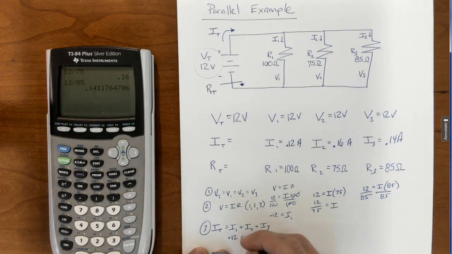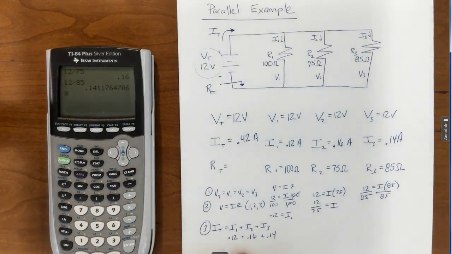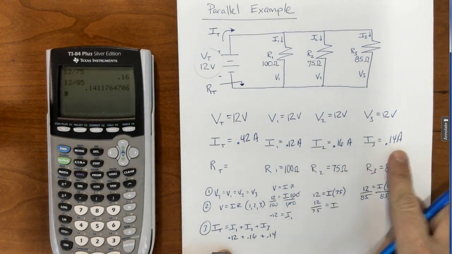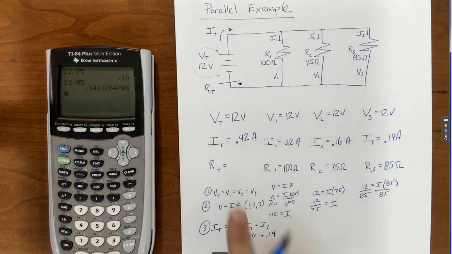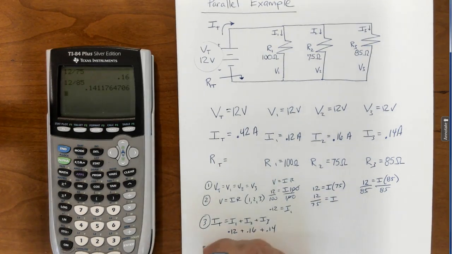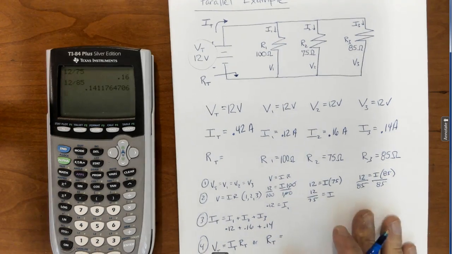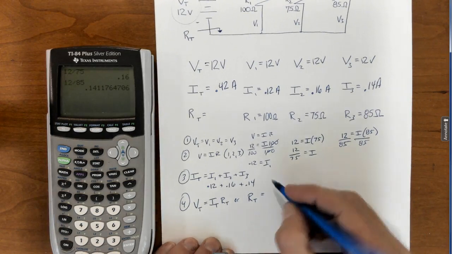So we had 0.12, 0.16, and 0.14. So we're going to add those up, and I'm going to get 0.42 amps. Now that is a rounded value. Remember, this one got rounded, so it's not exact. So from there, I could do Ohm's law, but let's go ahead and do it the hard way. So I would do this: V_T equals I_T times R_T, or if you're willing to accept the challenge,